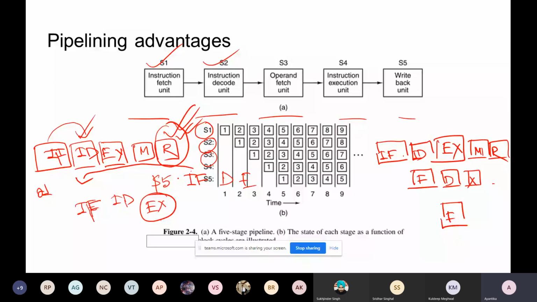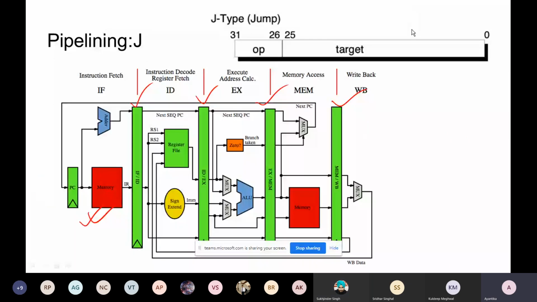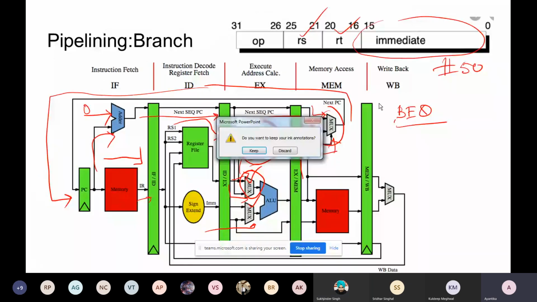Clear? Any question from this part? What you do